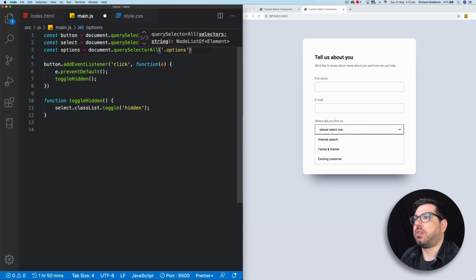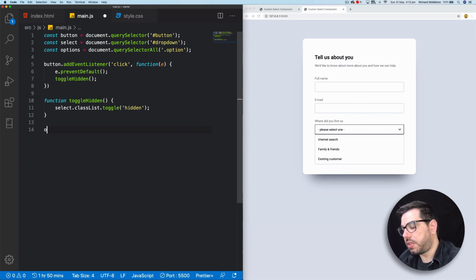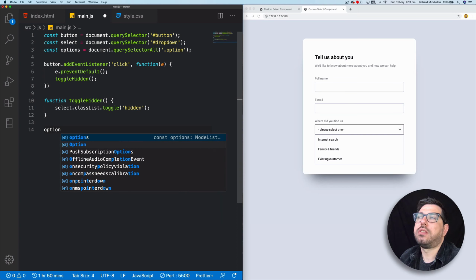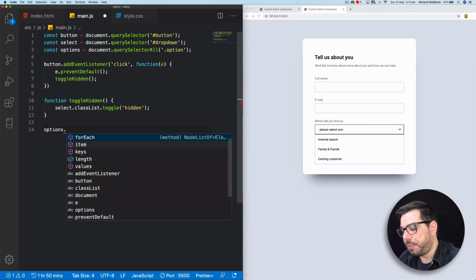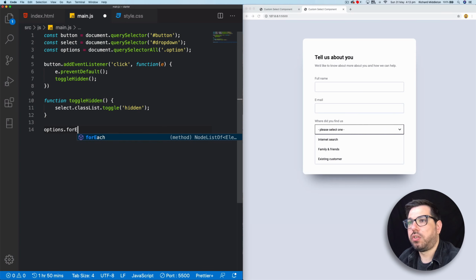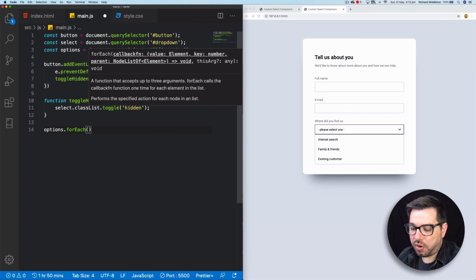So get all the options, get all the option classes. And what we want to do is add their own click events to them. So options.forEach, for each element in here, we want to run a function,